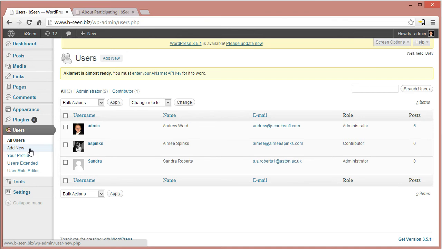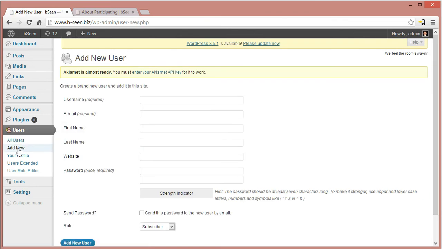add new user button here. This lets you create a new user. So let's say we had John Smith as a user. Let's give him a Scorchsoft email. So this is the process you would go through to set up a user. So his username is going to be John Smith, website, google.com, password. Let's set it to